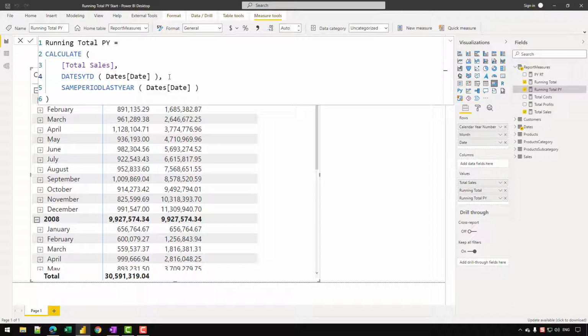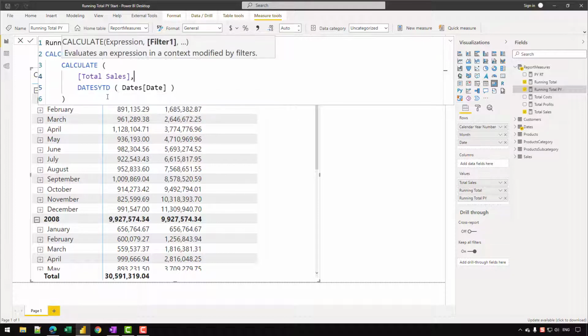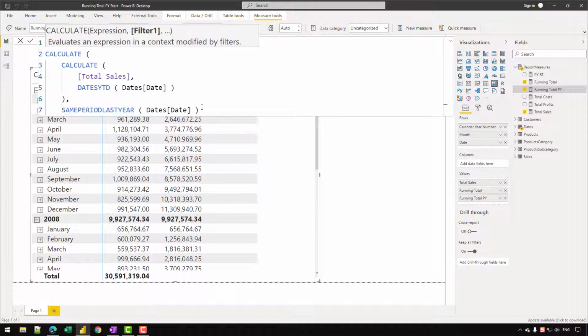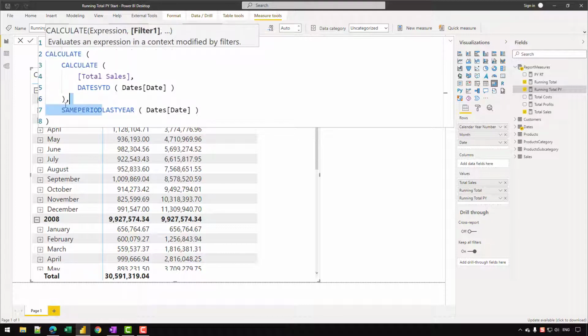So how can we fix this code? Let's see what we can do. There are two ways of performing this calculation. Let's see the first one first, and then I will show you the second one. The first idea is that you wrap the inner calculate in an outer calculate. So let me write calculate, and I will indent this code, and instead of evaluating same period last year in the inner calculate, I will push it outside and indent that, and let's close the outer calculate. So what will happen is that the outer calculate will start, then it will evaluate the same period last year.